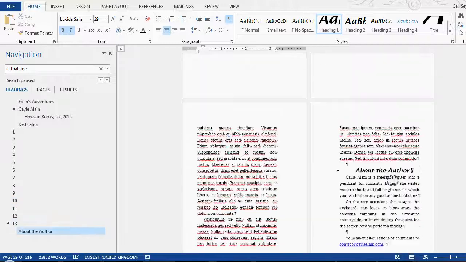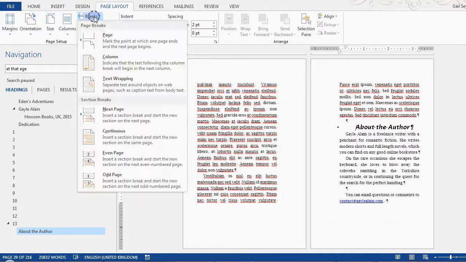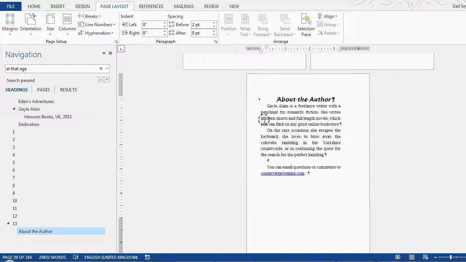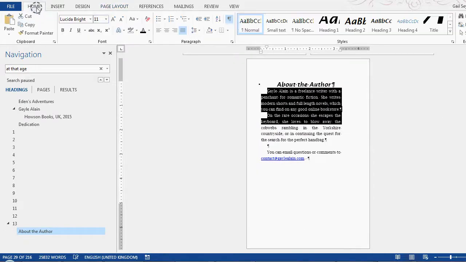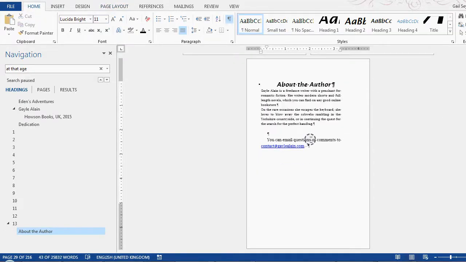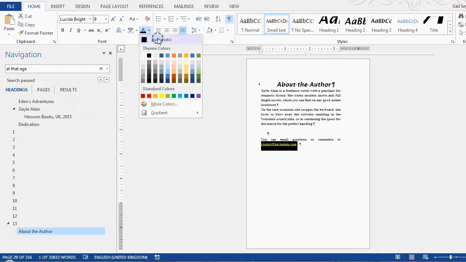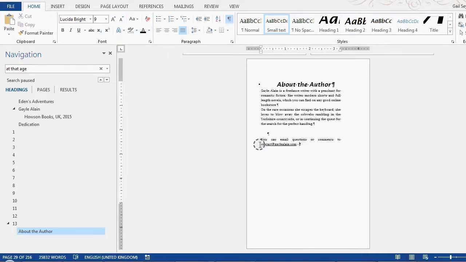Now, throughout the remainder of the book, when I start a chapter on a new page, I am going to simply use a normal page break for that, because I don't want to break the sections. The whole body text is one section. So here we can do it by page breaks, but the way I'm actually going to do it is to go into the heading and modify, format,